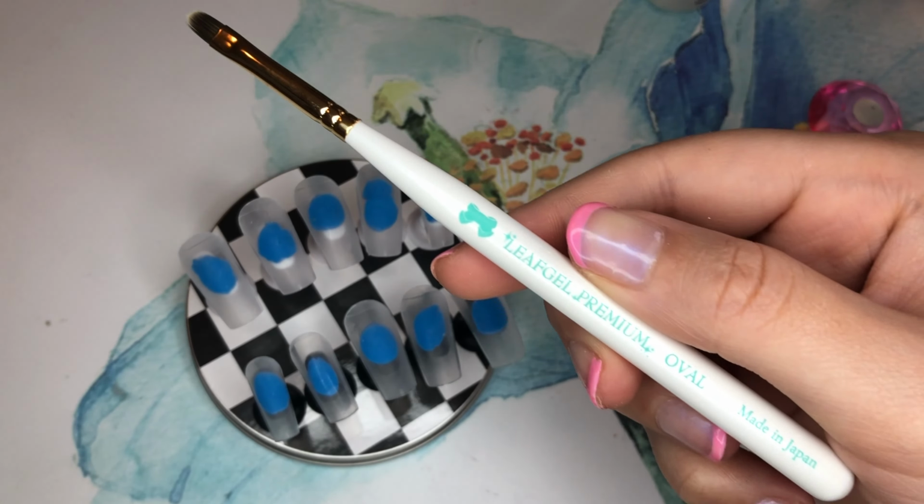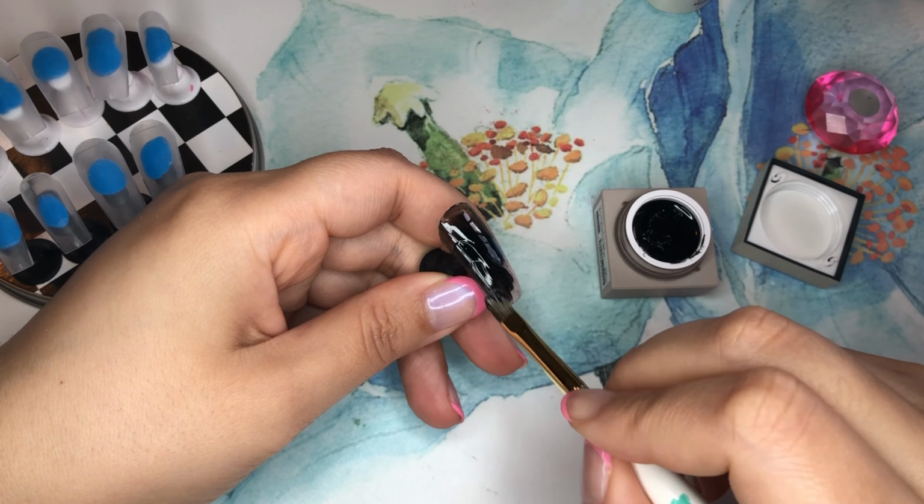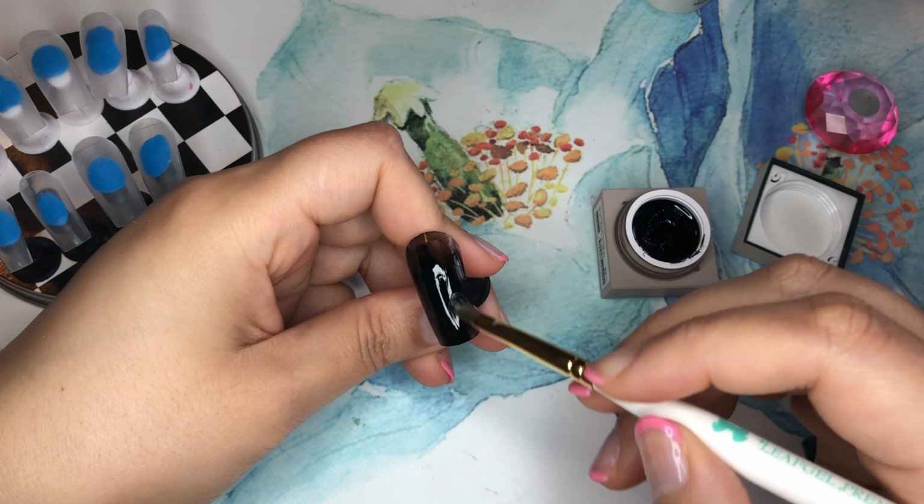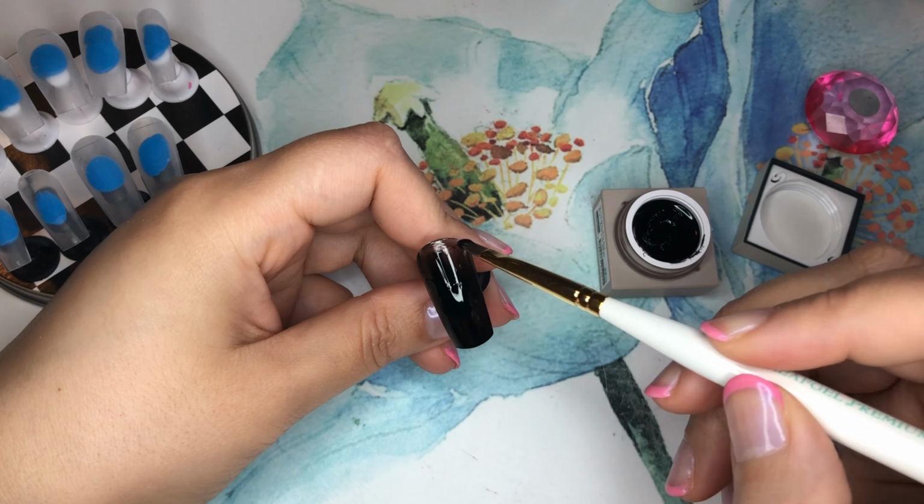But first, look how creamy that cream gel looks. It's really standing up to its name. I really wanted to try it just because it's so thick. I thought it would actually make a good liner paint, but I tried it for lining my cartoons and it didn't work as well, because it was thick, but you still needed to spread it so that it looked thick. So I wouldn't really use it for lining, but for painting on nails, it's really nice, easy to control, and